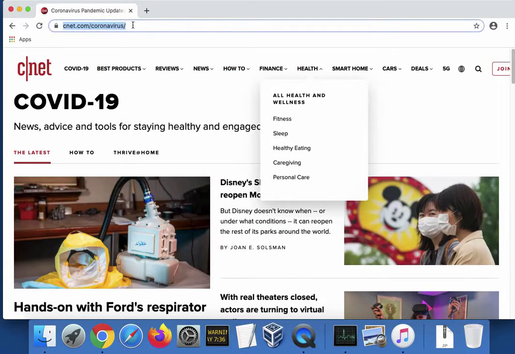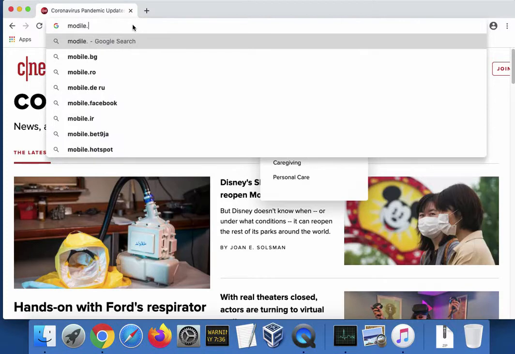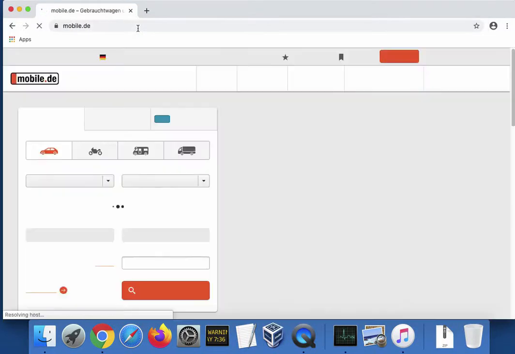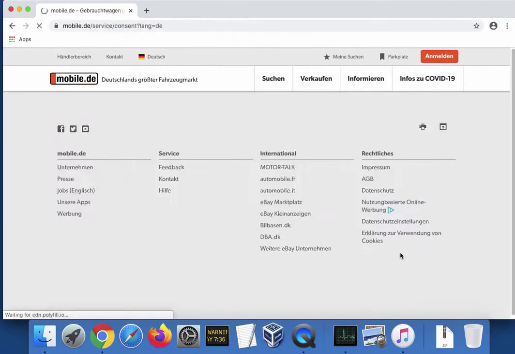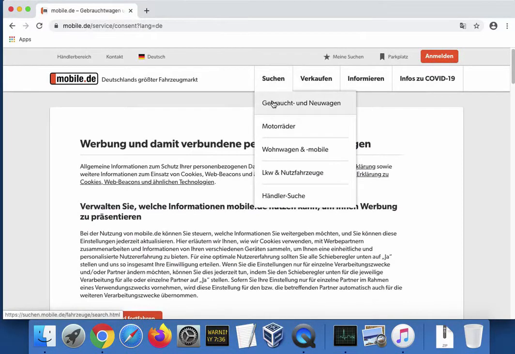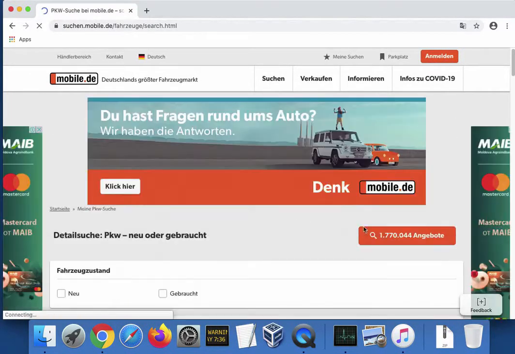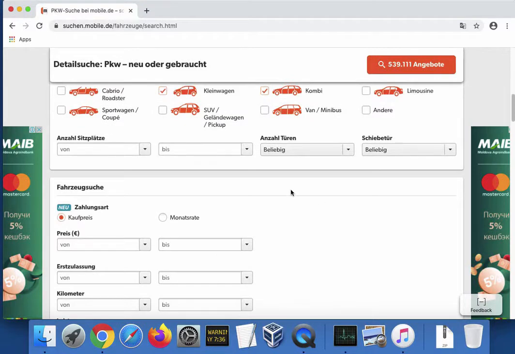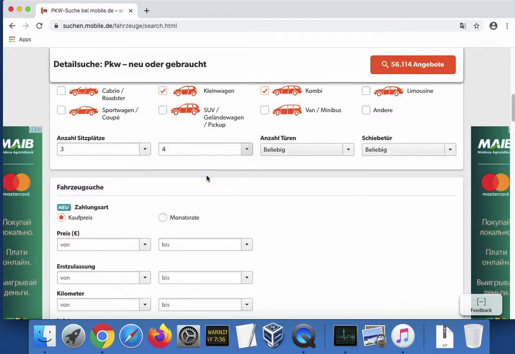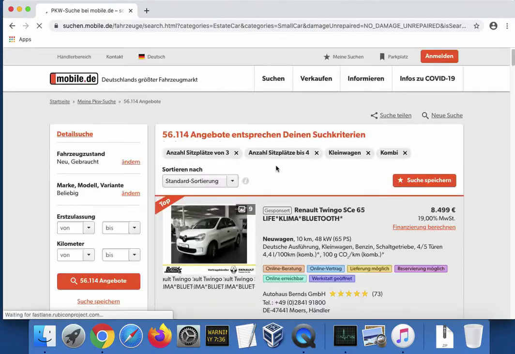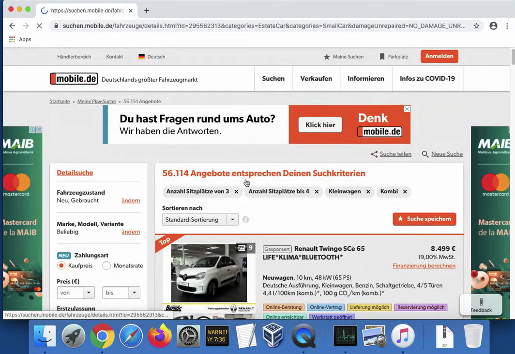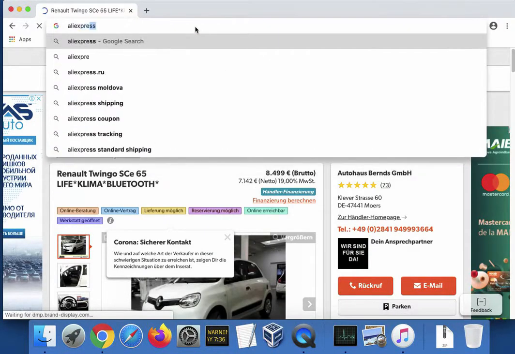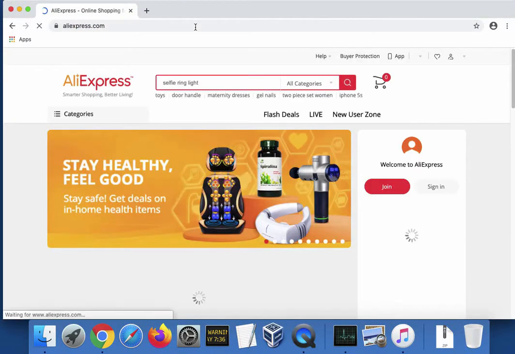Now let's visit some car store. We can see some pages in AliExpress.